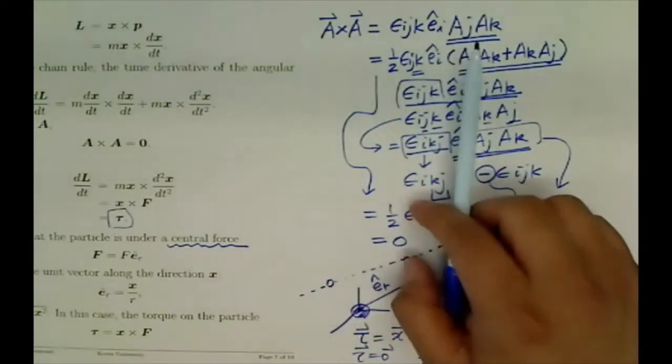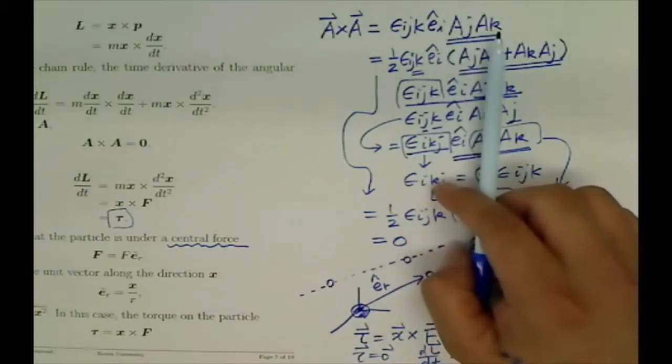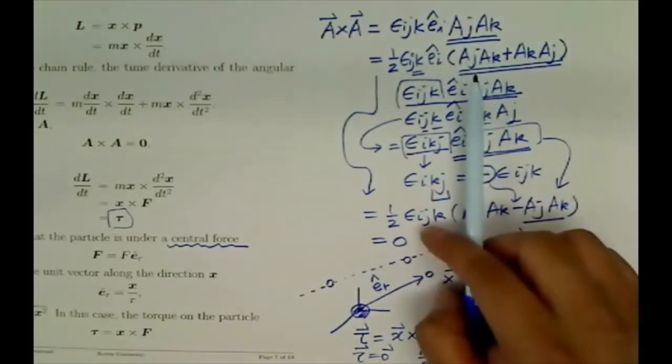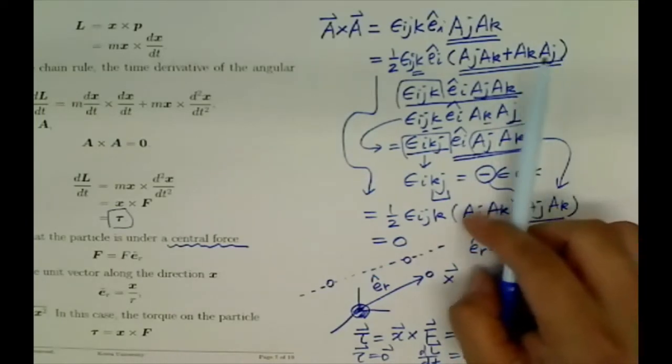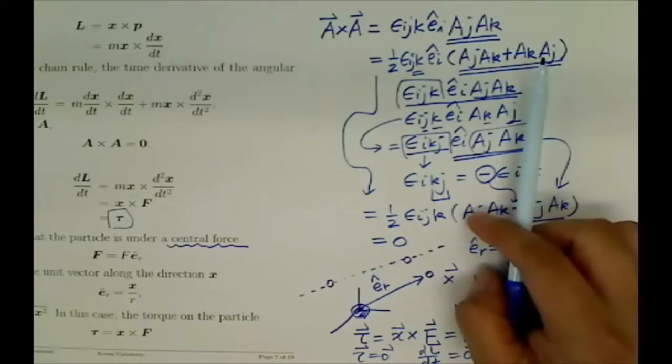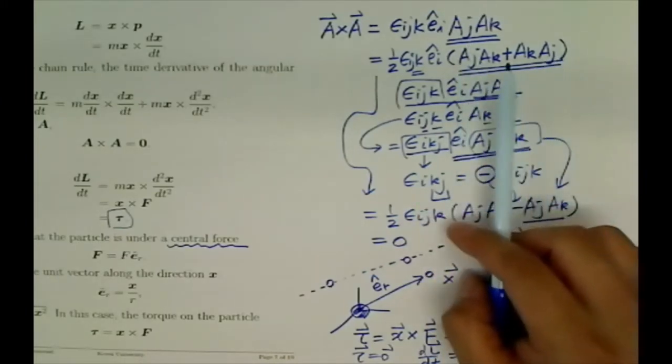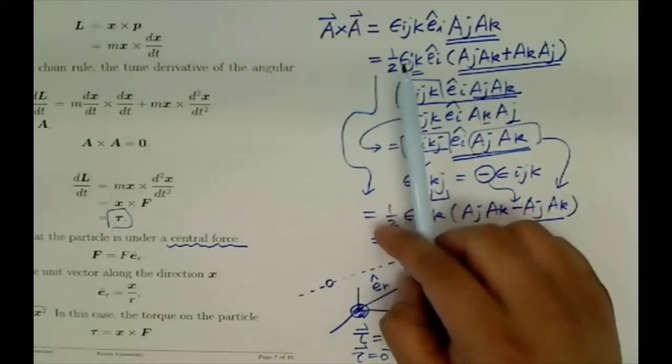As you know, a_j and a_k are numbers, and two numbers are commutative. So if I add these two pieces and divide by 2,